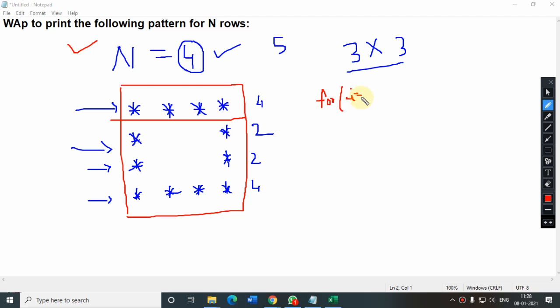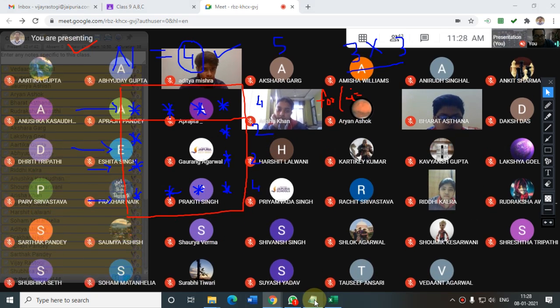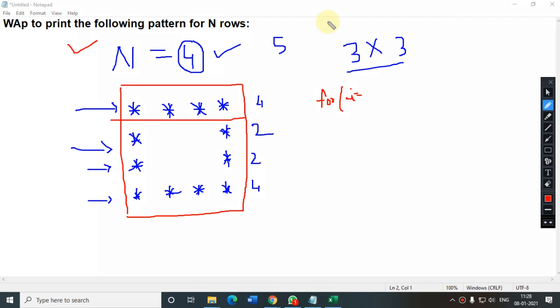Okay, everyone, please look here. My screen is visible now, beta. Yes, sir. Now see, as you can see in the example I have given here, if the number of rows is 4, then in the first and last rows you are printing the star n times.